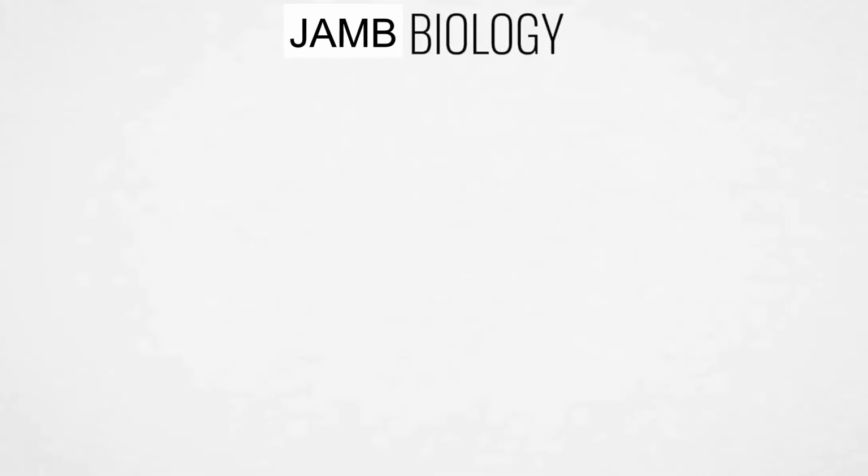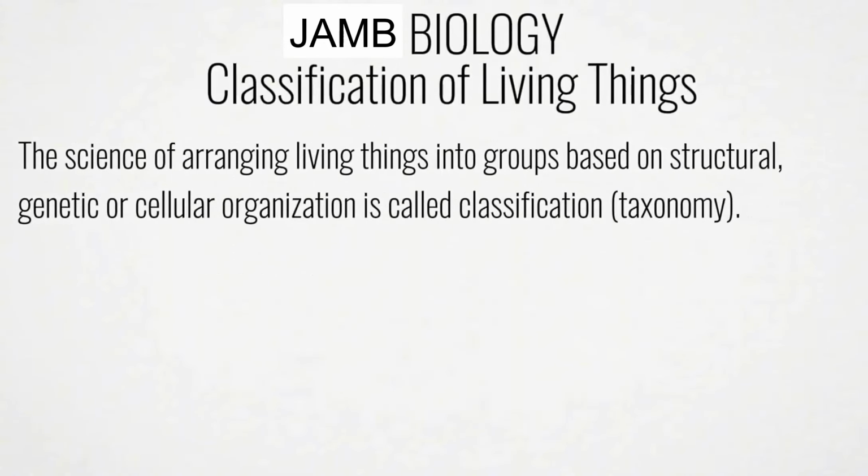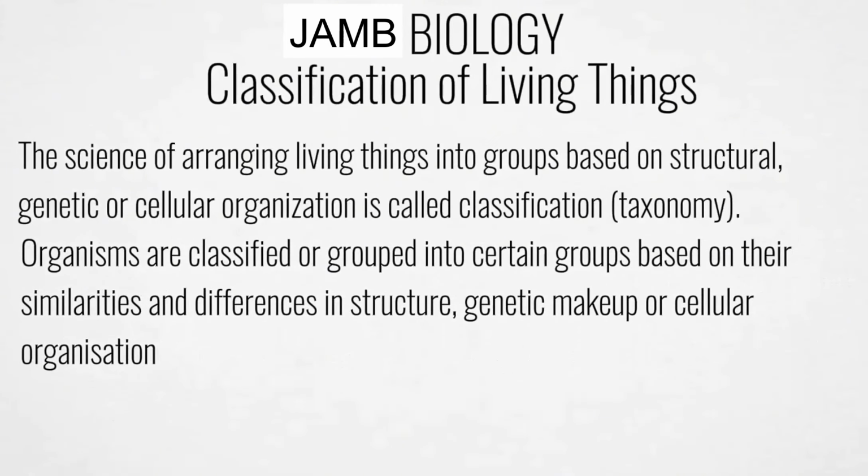Today on our biology exam revision series, you will learn about classification of living things. The science of arranging living things into groups based on structural, genetic, or cellular organization is called classification or taxonomy. So organisms are classified or grouped into certain groups based on their similarities and differences in structure or genetic